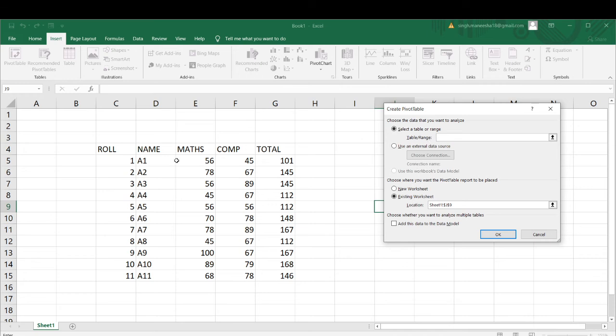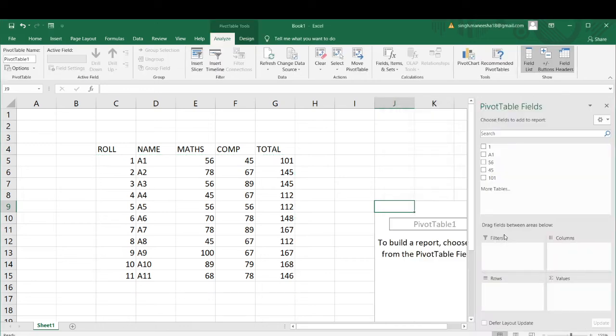And then you have to select the table or the range in this way. Okay, use external data if you want to choose it; otherwise, if you want to place it on the existing worksheet, click on existing worksheet and OK. So see this filter: drag the field on which you want to do the filter, what your columns and your rows will be, and which value you want to add. So these are the 4 boxes of the pivot table. Okay, and in this way you can obtain customized, summarized data in a presented form.